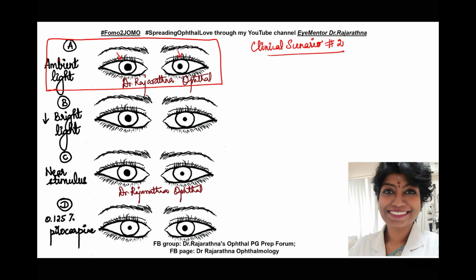I never know, because it's just a picture. I could have drawn it in any way, but all that I know at this stage is there is an anisocoria. What is anisocoria? Difference in the size of the pupil between the two eyes. All right. Now I'm moving on to image B to get any additional information.